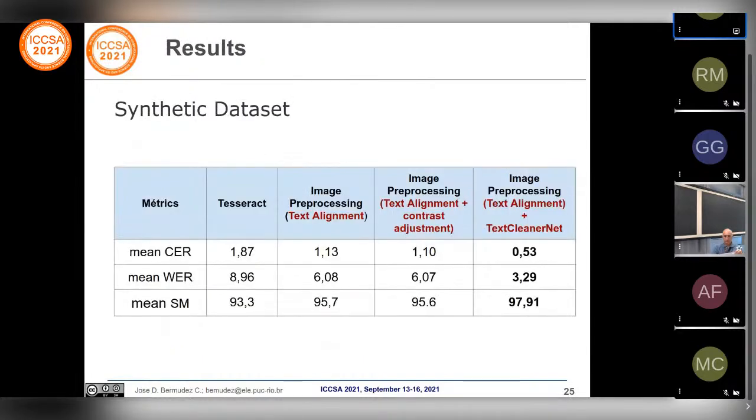As a result, here we have the performance on the synthetic dataset that we generated from our baseline, which corresponds to Tesseract without any preprocessing step. You obtain the higher values in error and the lower values in sequence matcher performance. After performing a text alignment,